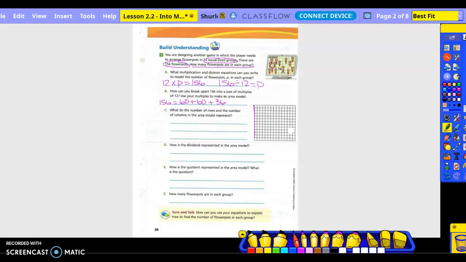Okay, so what times 12 gets me 60? 5. So I can do 1, 2, 3, 4, 5. Oh, I cut it off too short. Okay, so 5. And then we'll do another section of 5, right? Okay, and then what's 36 divided by 12? 3, right? So 3 more